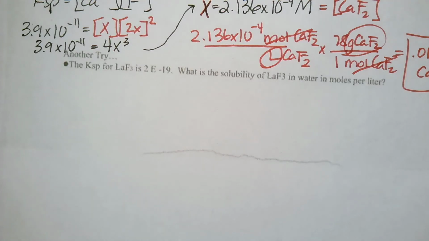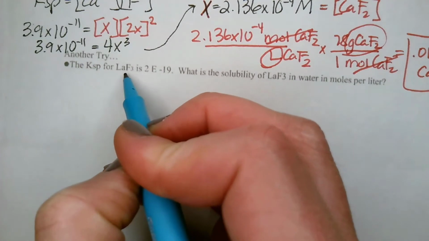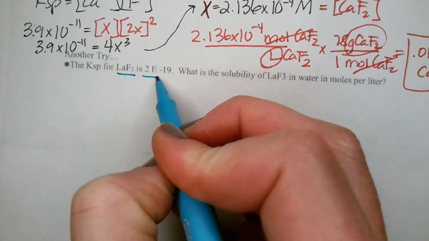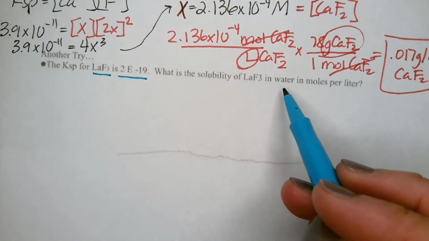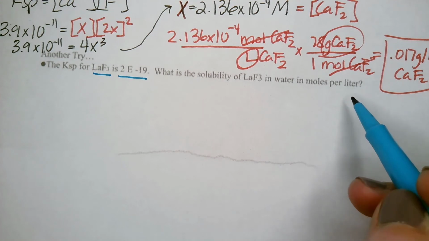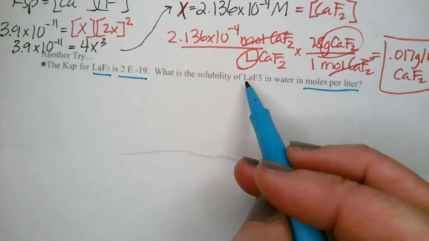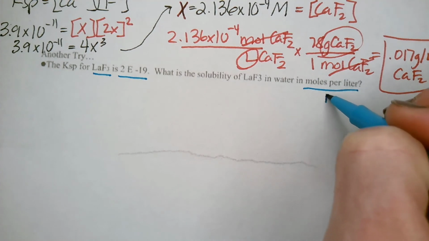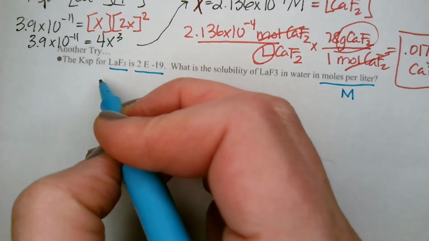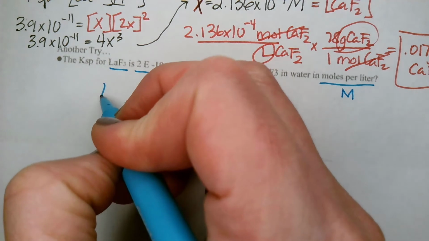And now let's look at our last problem in our notes. The Ksp for LaF3 is 2 times 10 to the negative 19. What is the solubility of LaF3 in water in moles per liter? Okay, so we want LaF3 in moles per liter. That's our molarity. So let's write out what we know. The LaF3